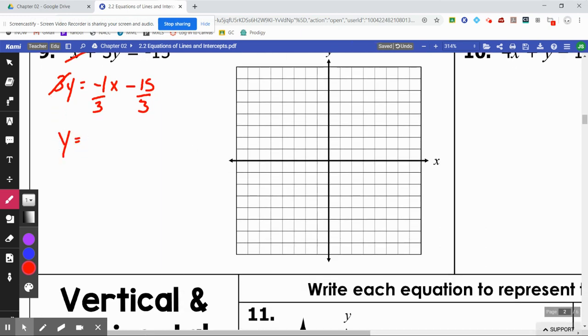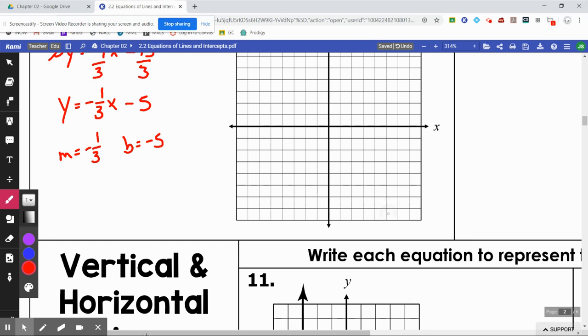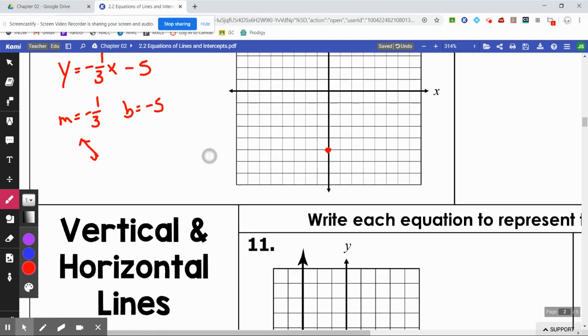So now you have y equals negative 1/3 x. You see your slope. Negative 15 divided by 3 is negative 5. So you have a slope of negative 1/3. You have a y-intercept of negative 5, which means your line crosses at 1, 2, 3, 4, negative 5 on the y-axis. You want it to be a downhill line, so make sure that you remember that